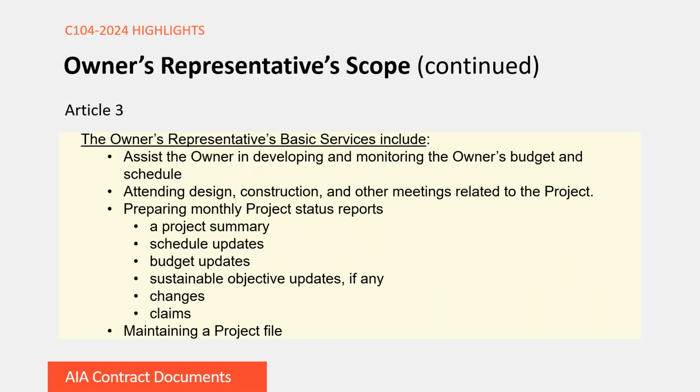Other examples of services that are applicable to all phases are the budget and schedule. Here, the owner's representative is going to help the owner in developing and monitoring the owner's budget and schedule. You're also going to see that the owner's representative is going to attend design, construction, and other meetings related to